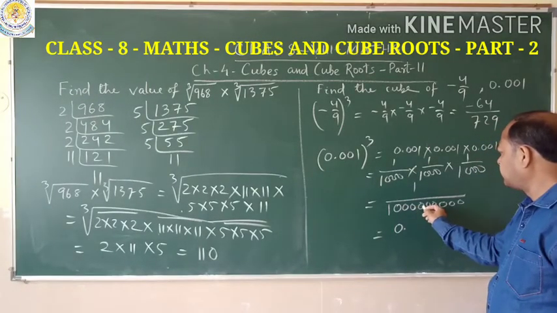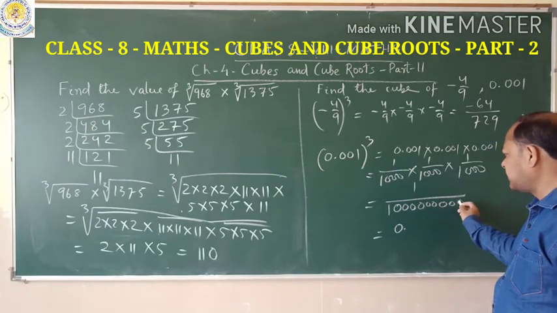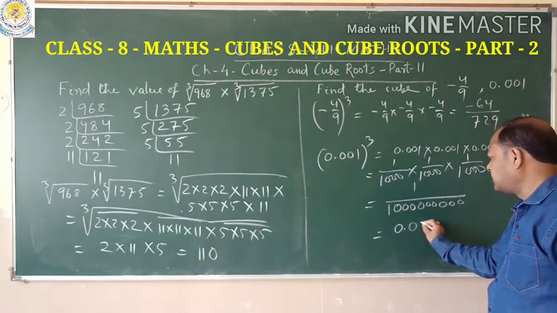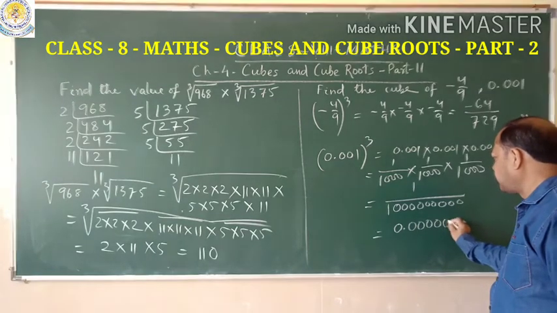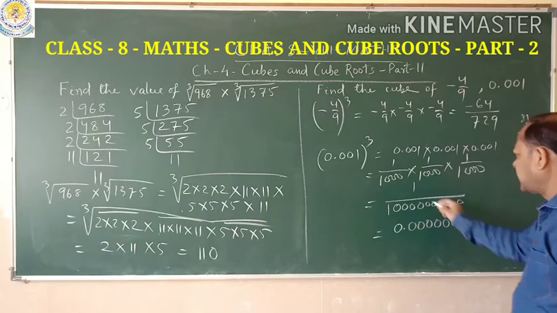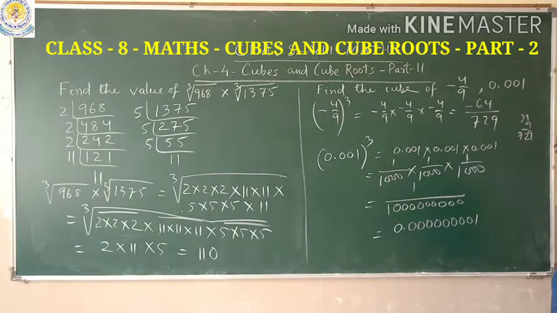Place, so 80 1 2 3 4 5 6 7 8, and this number 1 is there, so write the 1. Okay,